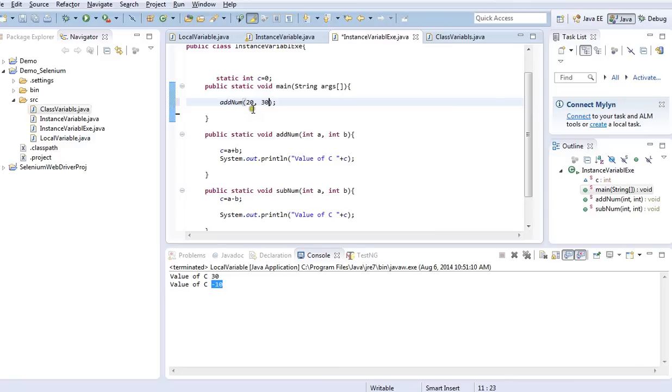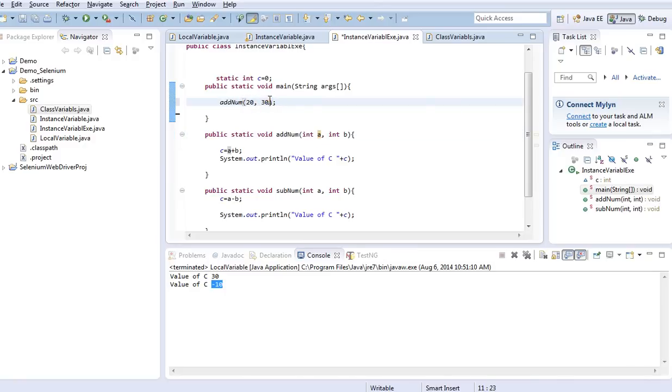Remember, while passing the argument values, you should not have any keywords such as int, double, string, nothing. You just have to pass the values. Also remember, however many arguments you have defined in a method, that many argument values have to be passed, and each argument is separated by a comma inside main.